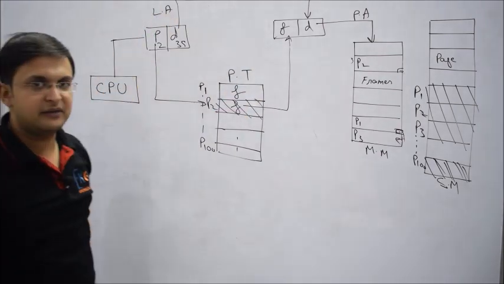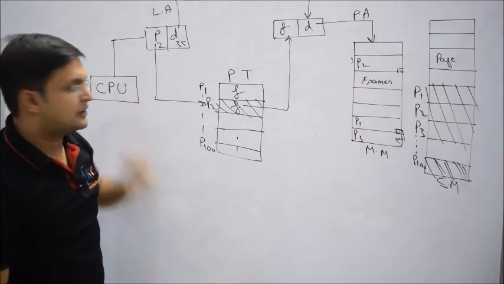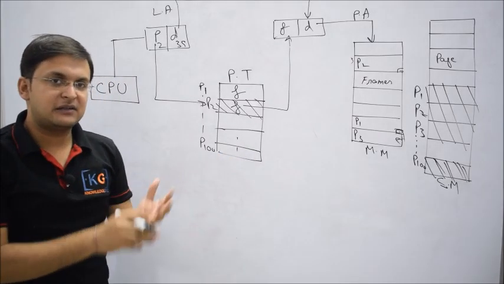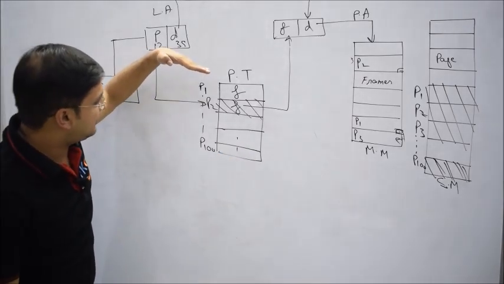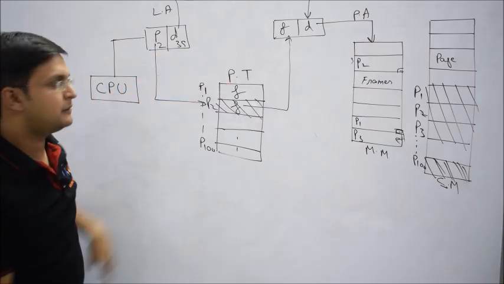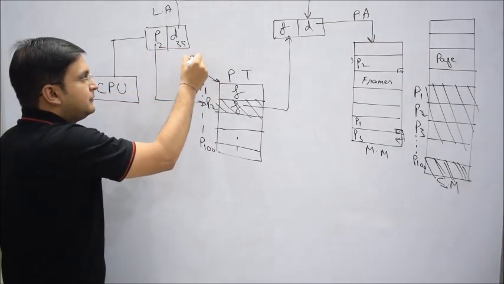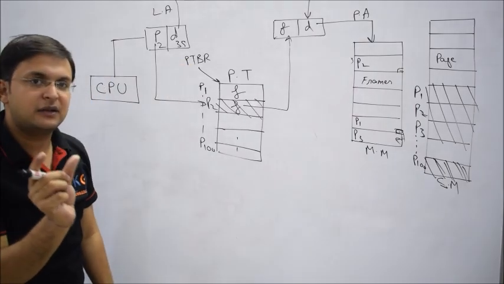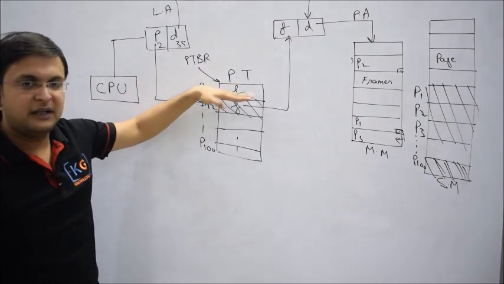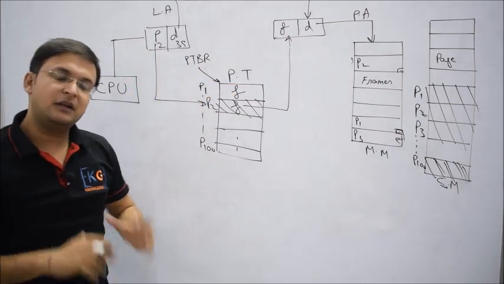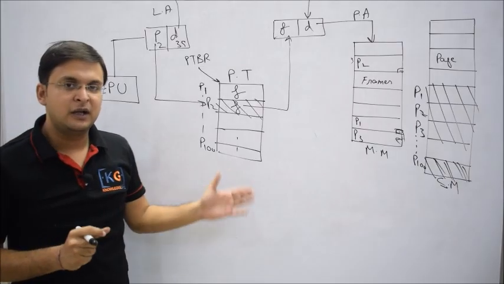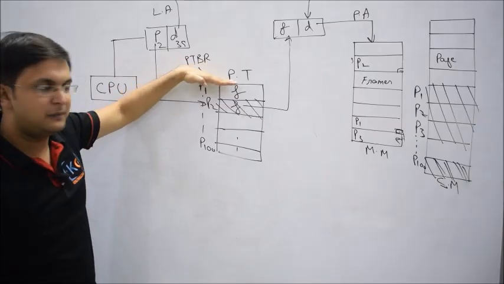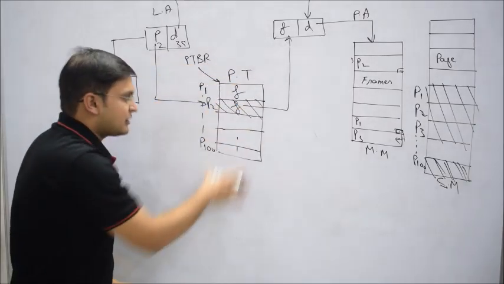To understand this thing, that is a very interesting and beautiful architecture, how the system works. CPU generates a logical address which contains two parts, page number and instruction offset. With this page number I access the page table. Page table is a data structure. Again, you understand how I access the base address of the page table. I have a register called PTBR, which is the page table base register. It's a special purpose register which holds the value of the page table. It is actually stored in the PCB, process control block. We'll cover that topic when I discuss process scheduling and process in general. So the page table base register will give you the base address of the page table.